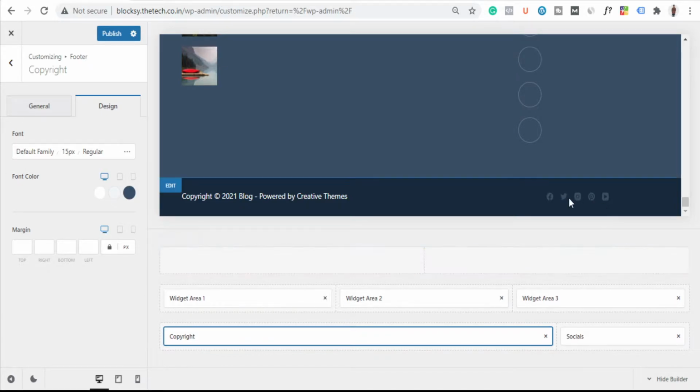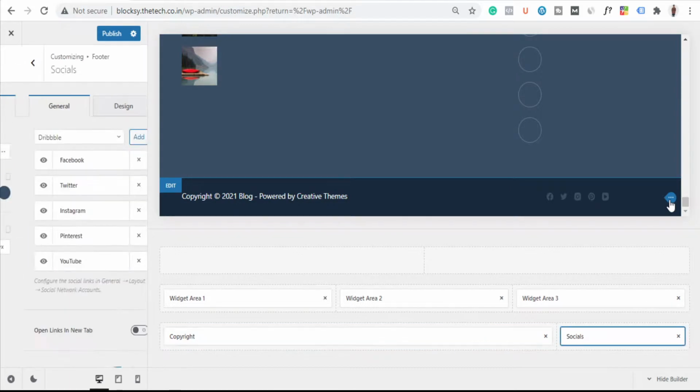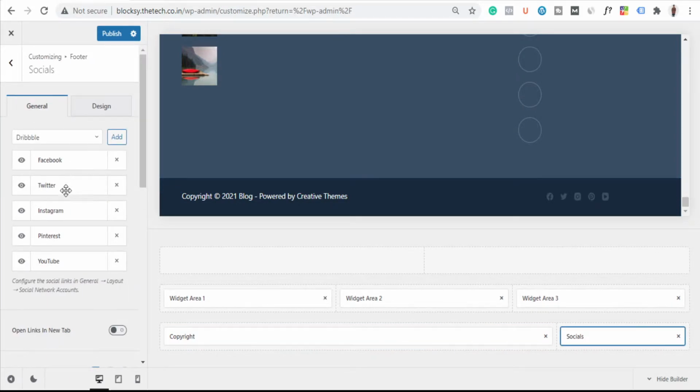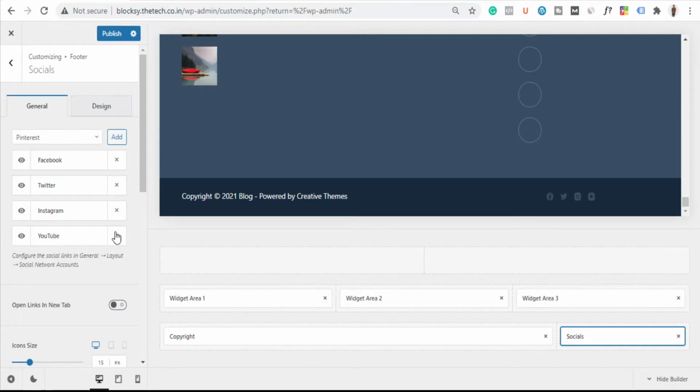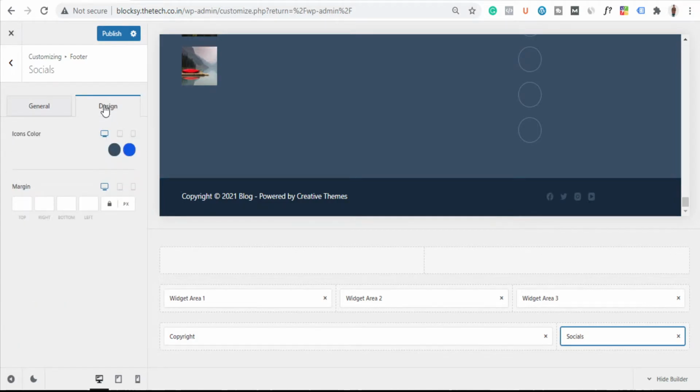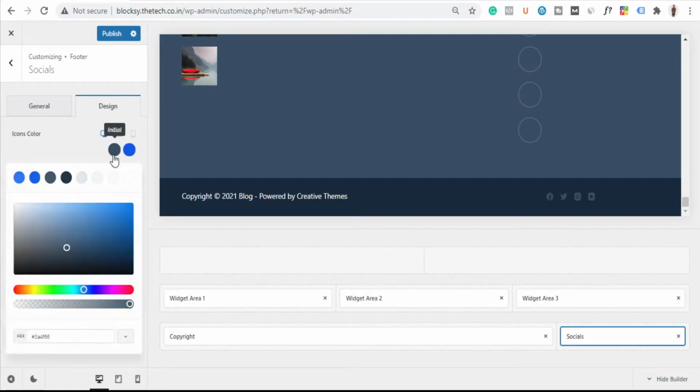And then let's fix this one as well. So I'll hover over here and click on these 3 dots, and let's remove something first. I don't want this Pinterest here, I've removed it, and the rest is fine. Let's go to design and let's choose the icon color to be white, and on hover I think blue is looking fine, but let's make it this color.